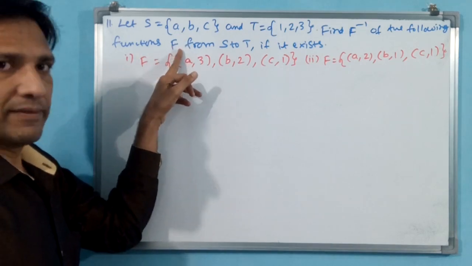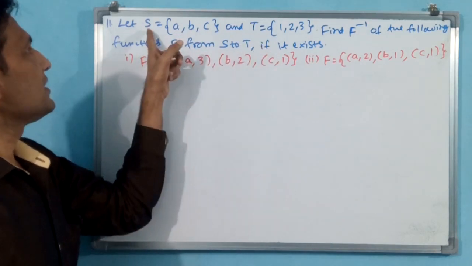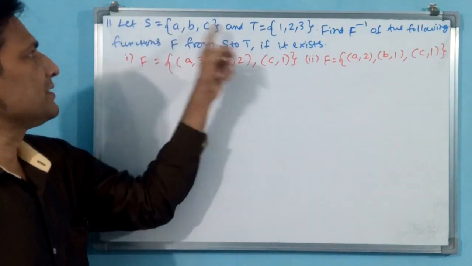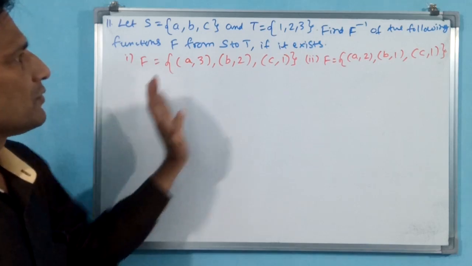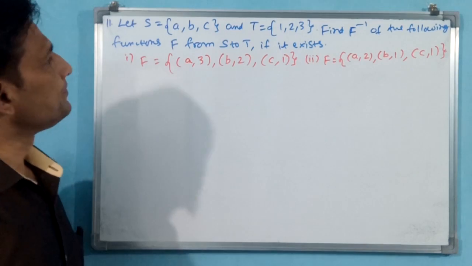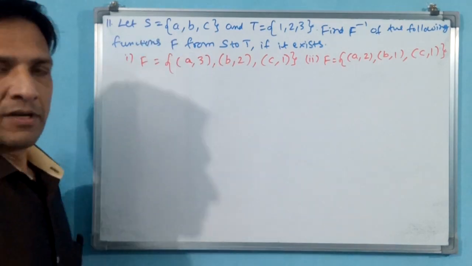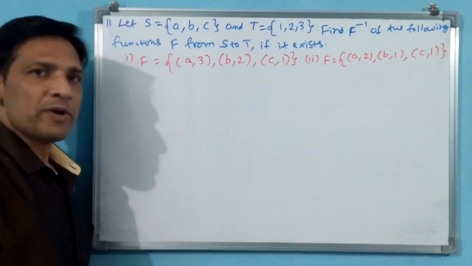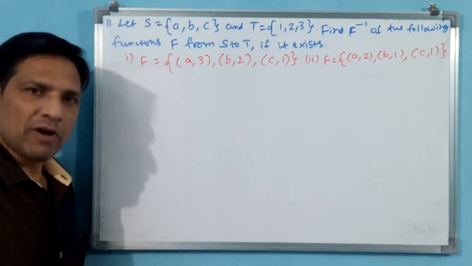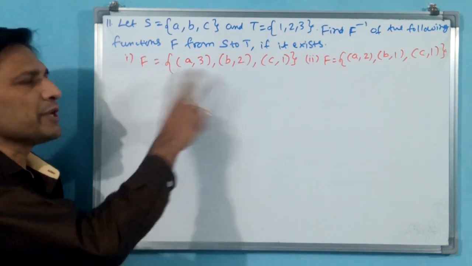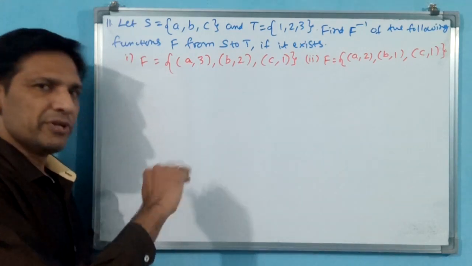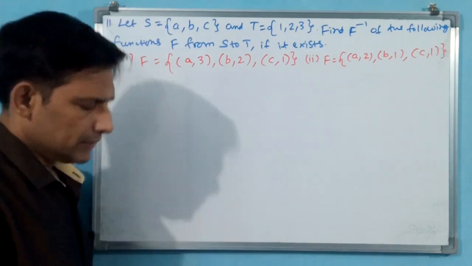So here he has given F from S to T. That means an S to T function is there, like A to B. If you take this S, this is T. Like that you have to think from S to T. That means this is the domain, this is the codomain. If the function inverse exists, how does it exist? For invertible, it should be 1-1 and onto. If any function is 1-1 and onto, then that is invertible, and then we can write the inverse also, from B to A.